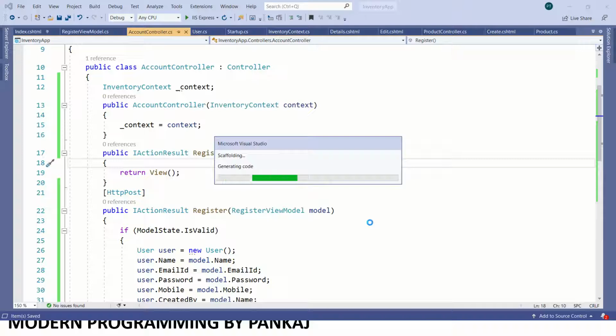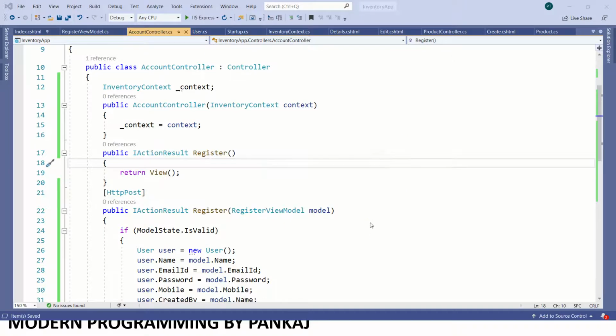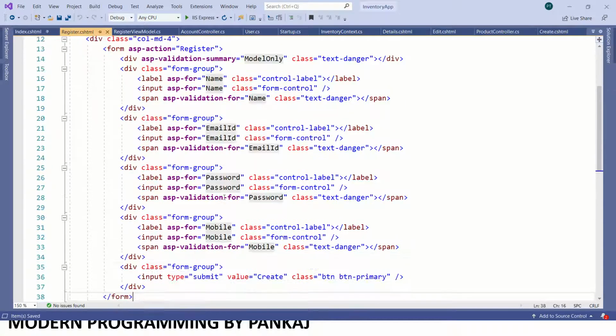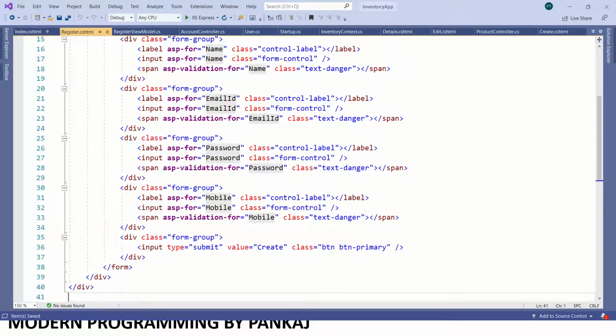So it will add the view. Okay, id should not be here, so we'll remove it. So it has only the required properties which I have added in our view model.